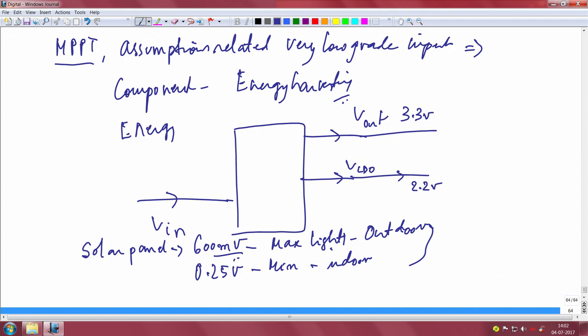Your energy harvesting system may be used for your embedded system or your IoT device, and it could be applied indoor or outdoor, right. That is what we said. If it is indoor, you should know what kind of lighting conditions exist indoor, what is the amount of light energy